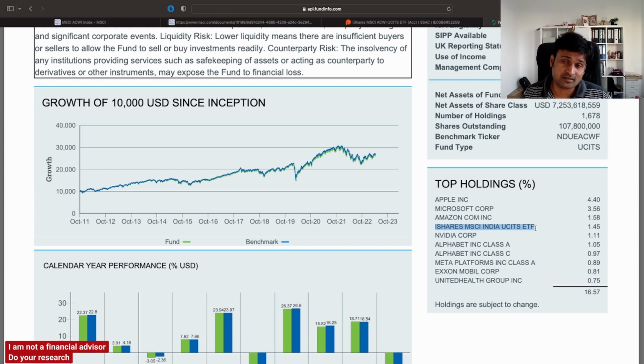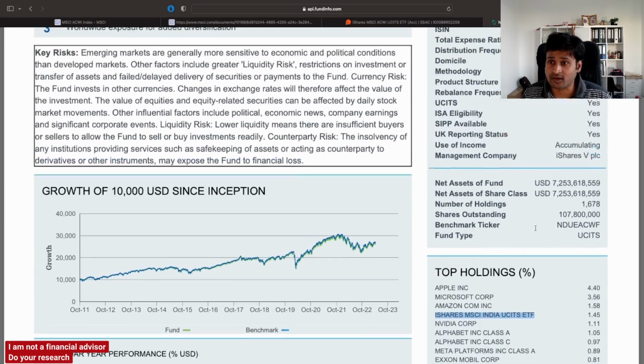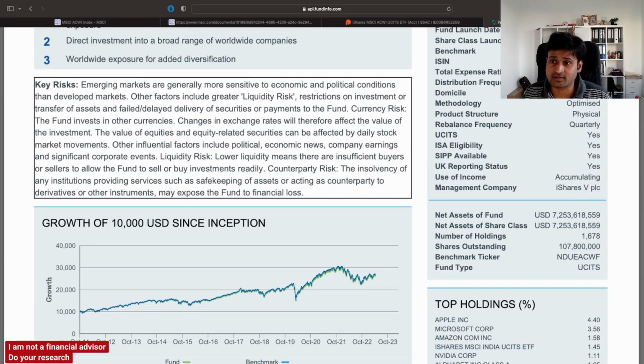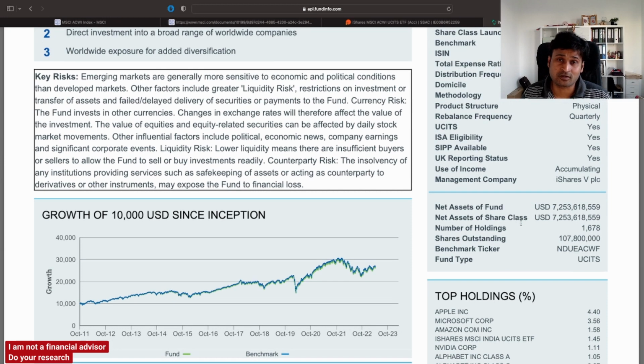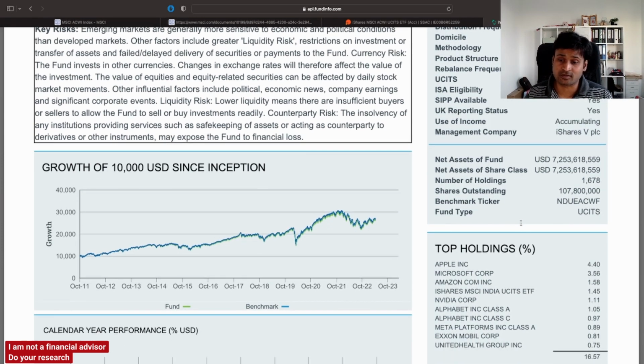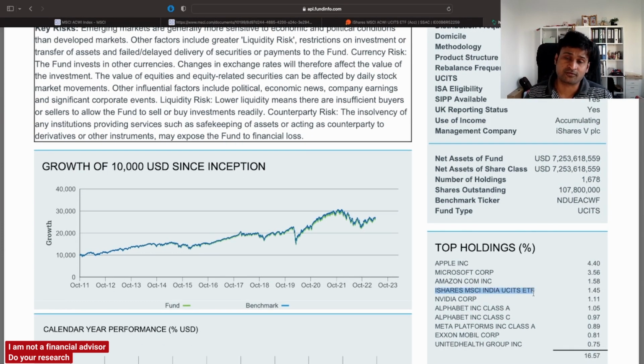So this is the same situation that we saw in the emerging market fund, where they were investing in a fund of fund, and here it's the same. So therefore the 0.2 percentage, what they are saying here, it's not true, because if you dig deeper, then you can see another 0.2 percentage or 0.3 percentage which is being paid to this fund manager. So this is why I don't like to have iShares, because iShares is doing a lot of fund, and therefore whatever they say 0.2 percentage, even though from the surface level it looks really cheap, it's not that cheap, because